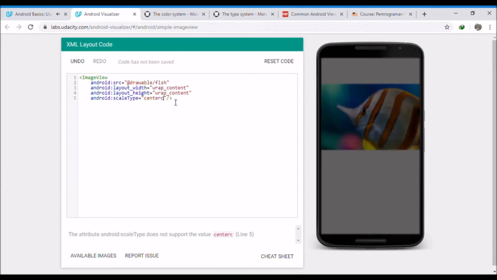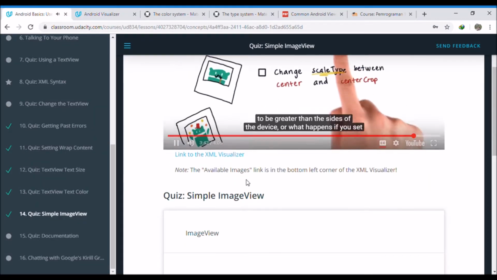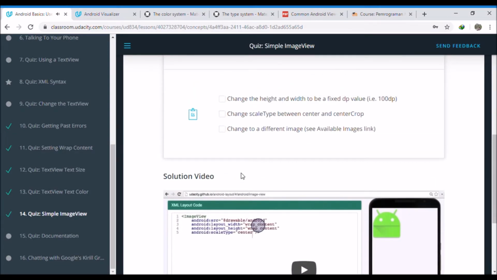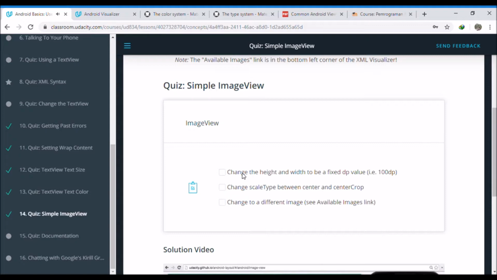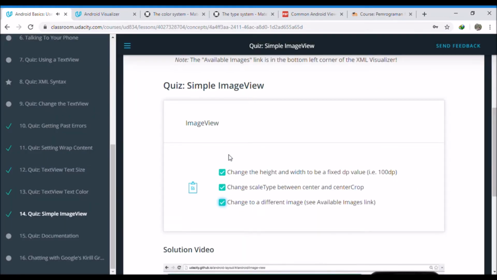For example, what happens if you change the height and width of the image view to be greater than the size of the device? Or what happens if you set the height and width to be something smaller than the size of the device? In those cases, you may see different behavior for center and center crop. Also try to change the image to something else by checking the available images link. We've included a small version of the cake image as well as a larger version so that you can try the different scale types. We also included an